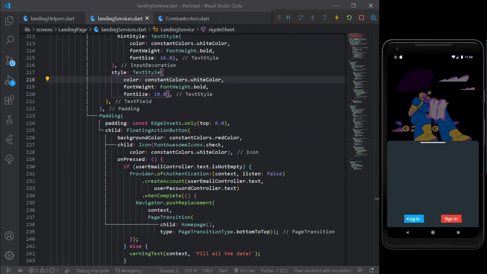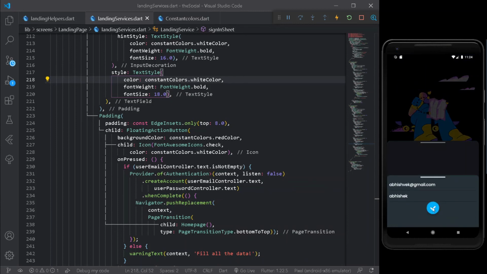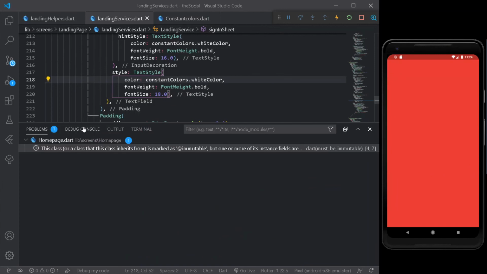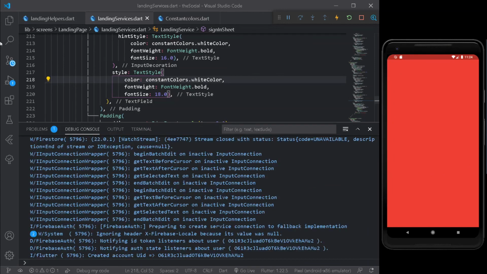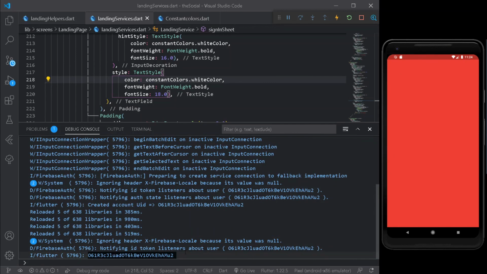So after opening the sheet, after logging in, let's log in. Let's check whether we are getting our UID. Alright, we are getting our UID here. That means we are now successfully getting our login sheet, and also we have completed login with email, password, and similarly Google one. Now the tutorial is going quite long.